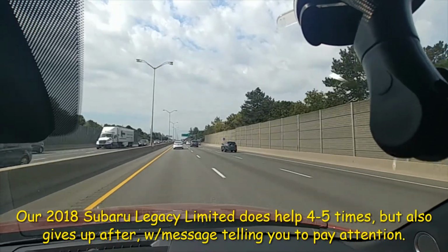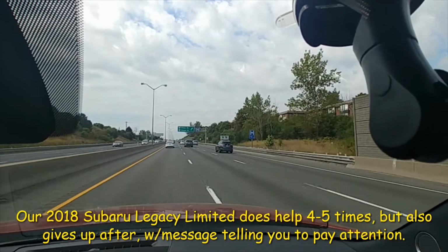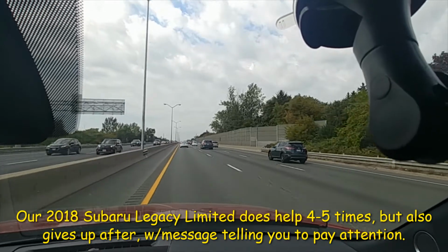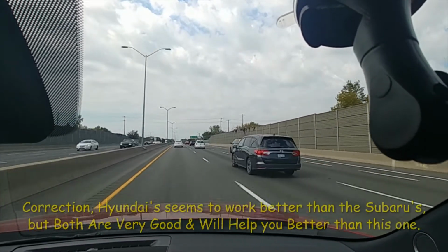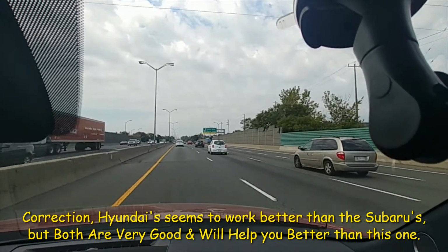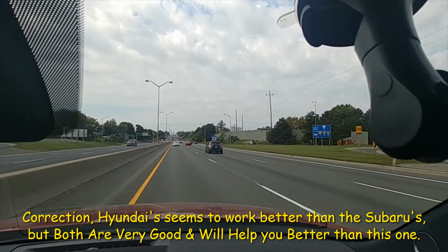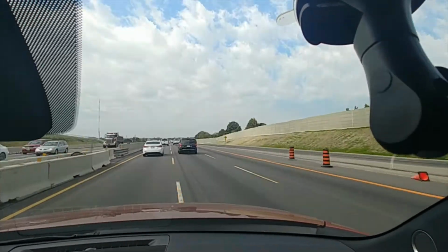So let's try that again towards the right. It's correcting me, pushing me back a little bit. On the left, it let me go over. Alright, let me try that again. Let me go over again. Get into the right lane,